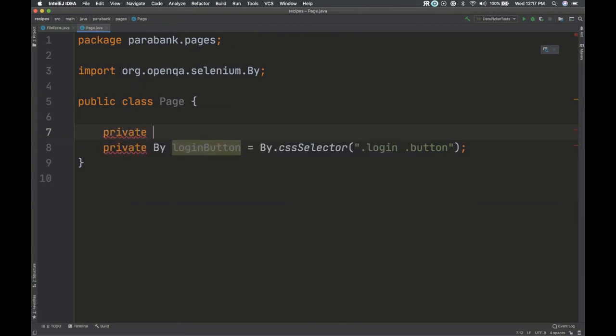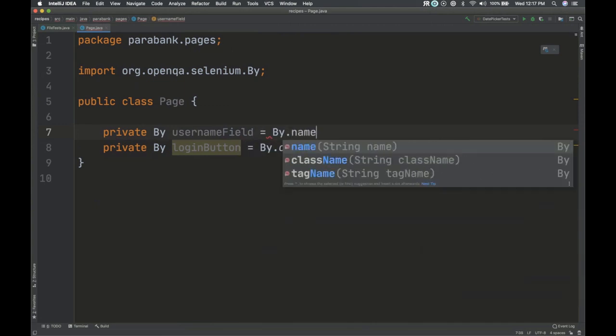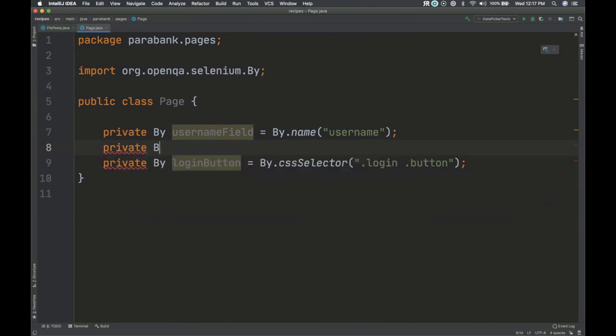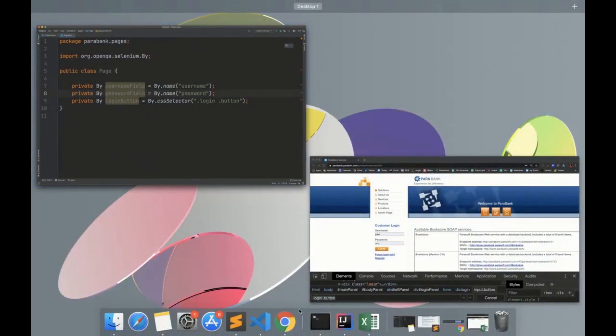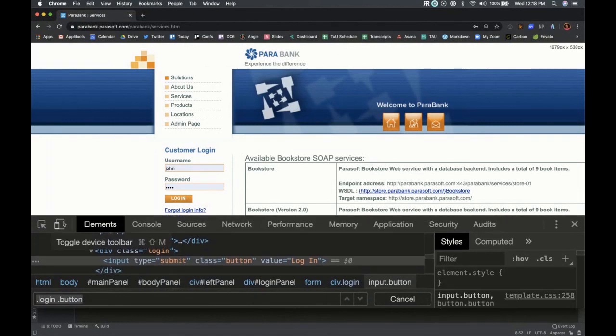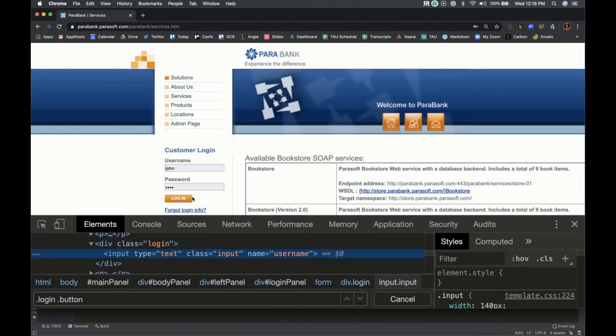So we'll say By username field, and then password field. I think that's right. Let's just double check. Yeah, username and password. Okay, great. All right, so we got what we need.